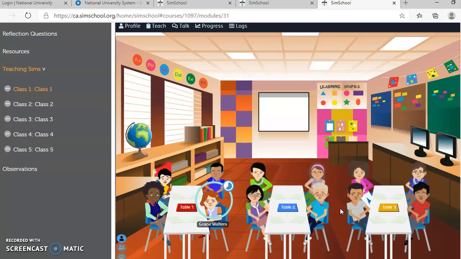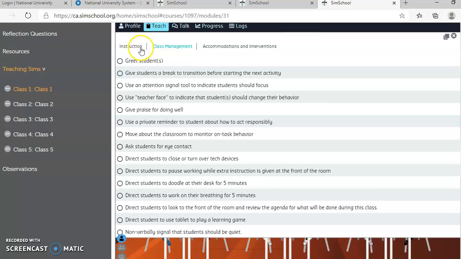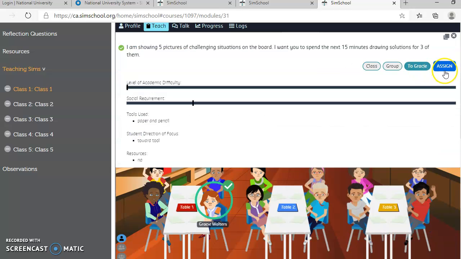Oh no, look at that. I don't know if that's happy or a change of attitude. And we want to direct the students. So here we are showing each other different ideas about what they drew. And we're going to show the students 5 pictures of challenging situations next. I want you to spend the next 15 minutes